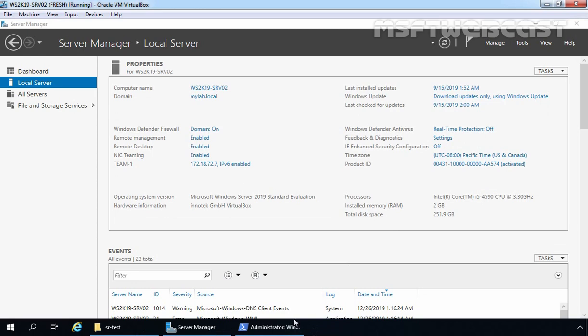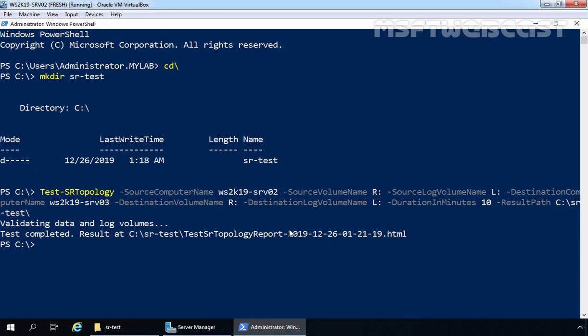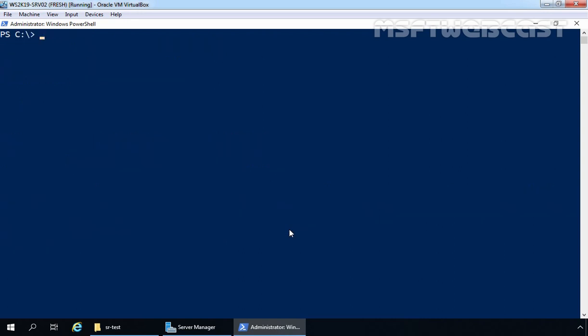Let's again go back to the Windows PowerShell, and now we are ready to create a storage replica. Let me clear the screen. Now we need to use the New-SRPartnership command to create the storage replica partnership. We need to specify the source computer name by using the switch -SourceComputerName, which will be WS2K19-SRv02 in our case.